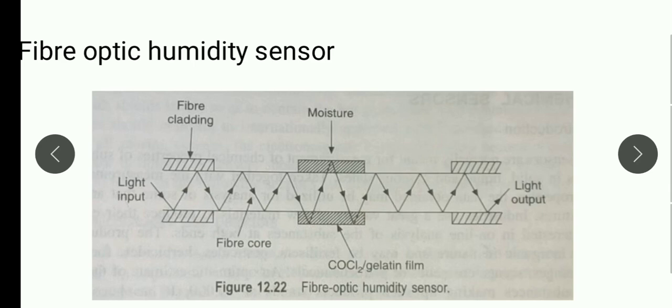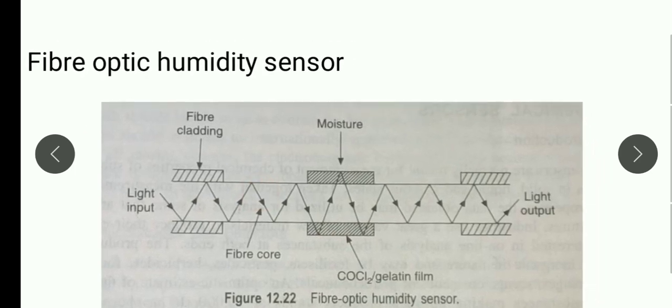Okay, so the light that travels through the fiber travels through this film as well. As you can see here, the light in this core is also reaching this cobalt thin film. Okay, so the refractive index of the film is greater than that of the fiber, and hence the light inside the fiber is reaching the film.